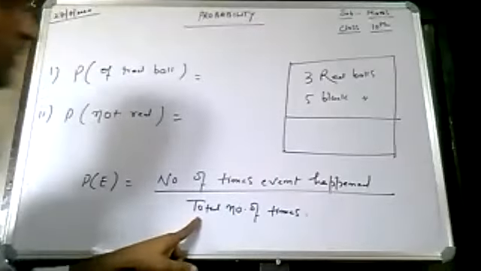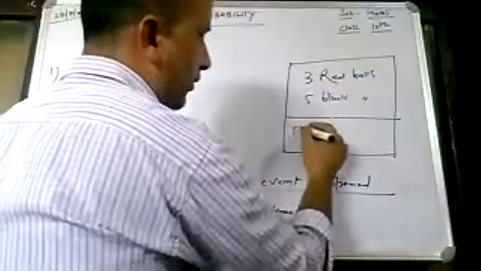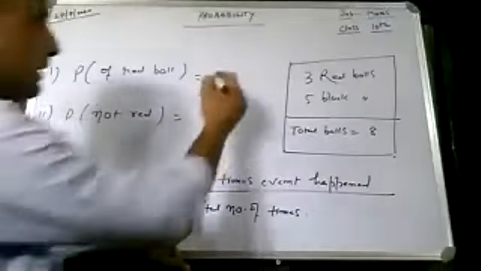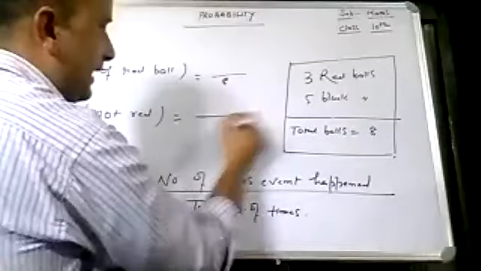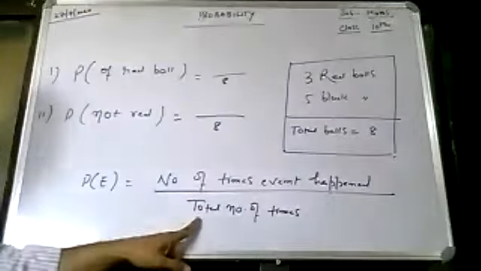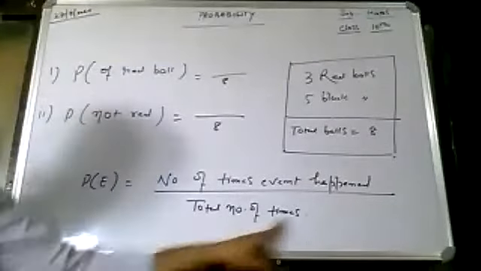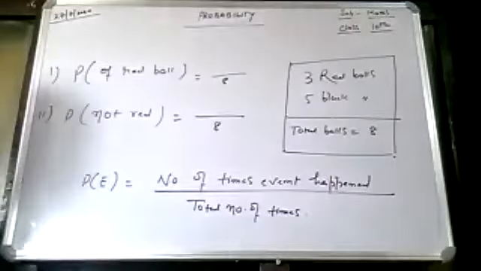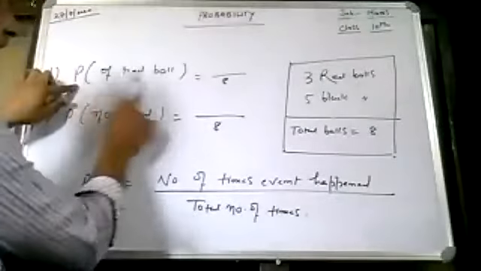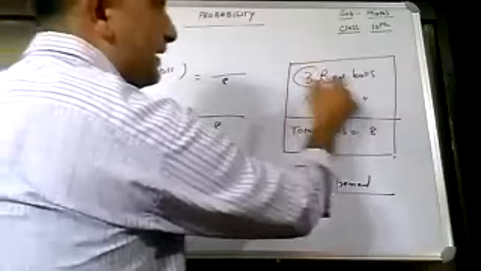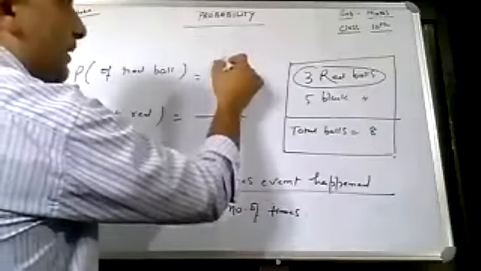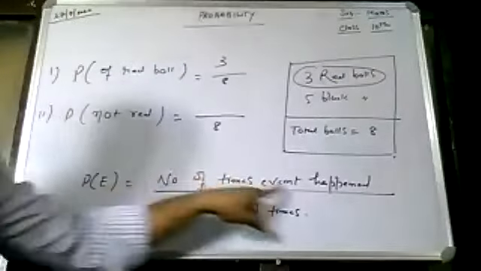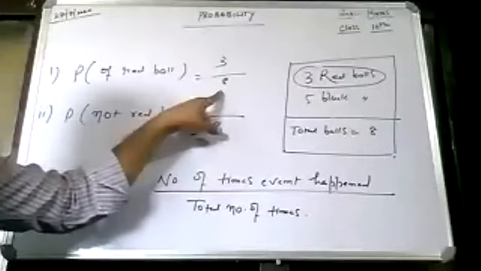निकालेंगे क्लास? टोटल करो 5 + 3, टोटल बॉल्स कितनी होंगी? टोटल बॉल्स इज इक्वल टू 8, and in probability you divide with total, means यहाँ भी 8 से डिवाइड करना है, because probability denominator is total number of times. Total number of balls कितनी आ गई? 8. So probability of red ball, how many are red? 3 are red, so number of times event happened 3 divided by total number of times is